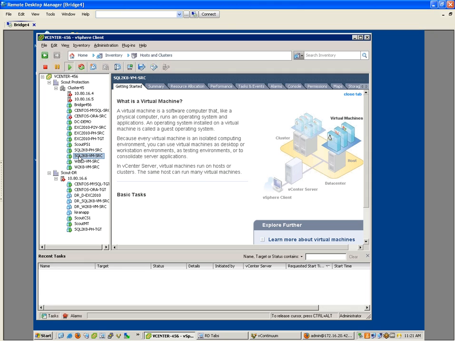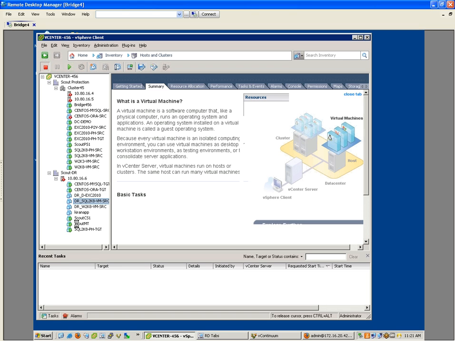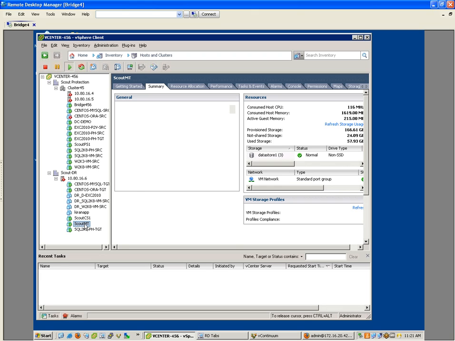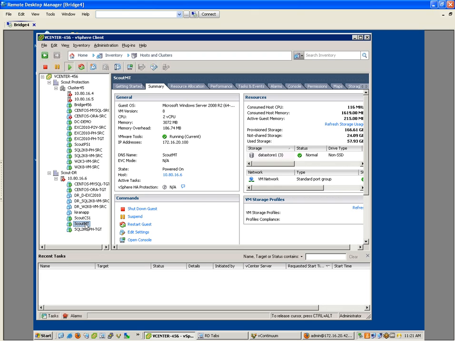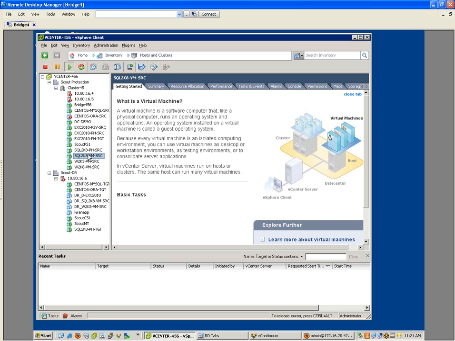On the source side, this is the server that we're going to be failing over. It's that SQL Server. And we're essentially down below in the target. This is our ghost copy of that SQL Server that's being replicated to our vContinuum or our master target right now. So essentially what we're going to do is fail our SQL Server, and bring online our copy of our server and have it be in a consistent state.